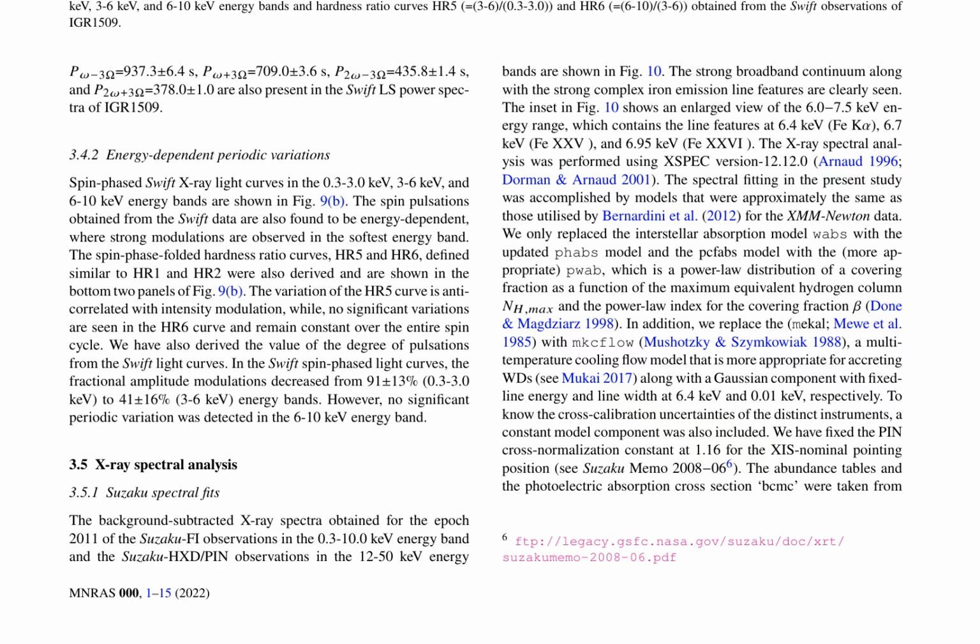The background subtracted X-ray spectra exhibit a strong broadband continuum along with complex iron emission line features. Spectral fitting is accomplished using XSPEC version 12.12.0, with models similar to those used by Bernardini et al. 2012 for the XMM-Newton data, but with updates to the interstellar absorption model, PCFABS model, and MACAU model. A constant model component is included to account for cross-calibration uncertainties between instruments. The abundance tables and photoelectric absorption cross-section, BCMC, are taken from the Suzaku Memo